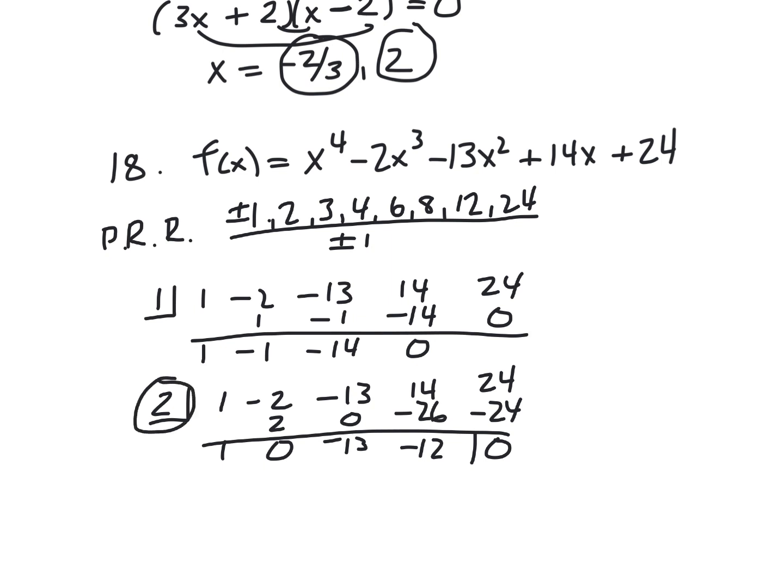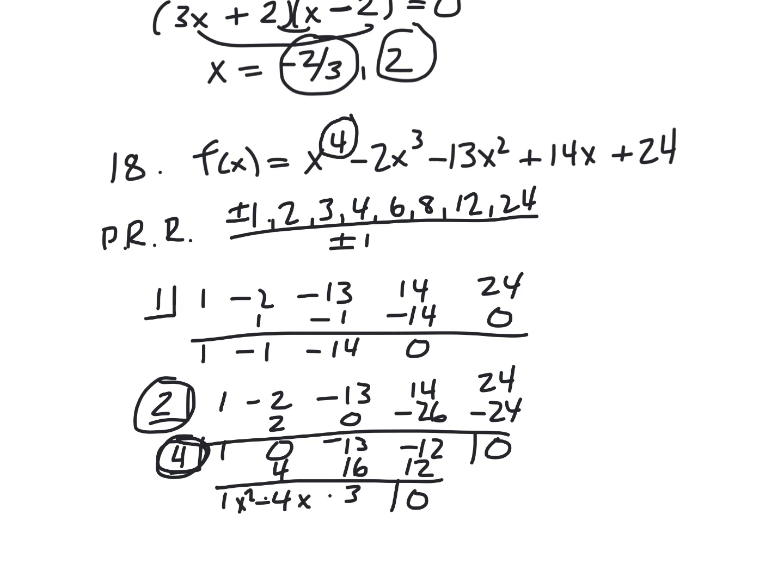Now, this is a little bit different in that it's a 4th degree, so I'm not down to a quadratic yet. This would be a resulting cubic equation. So what I'm going to do is start right where I left off and try another possibility. Let's say I try a positive 4, which is one of my possibilities. Bring down the 1. And it works. So now I do have my second one, plus this is now a quadratic, which I can solve